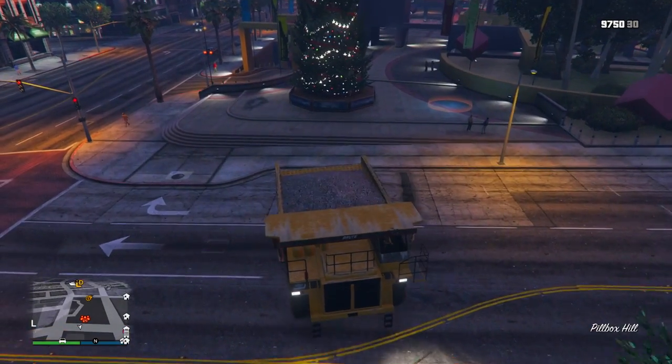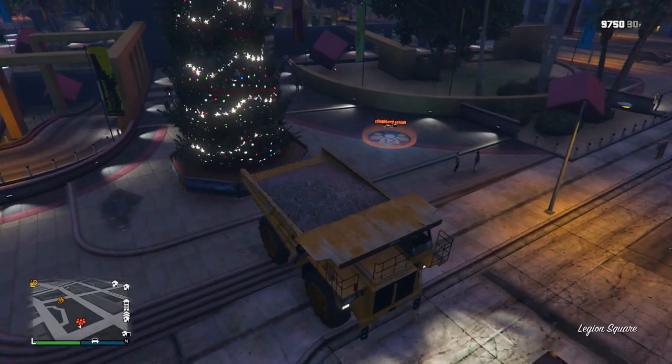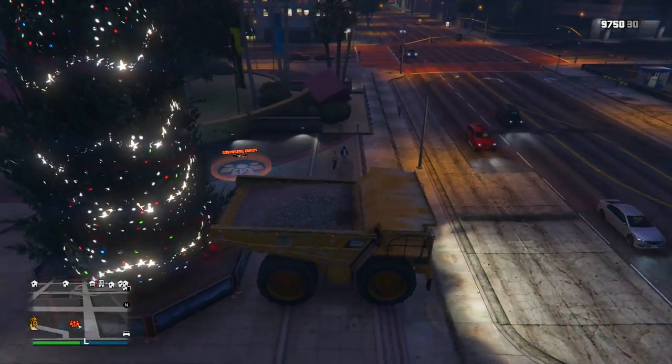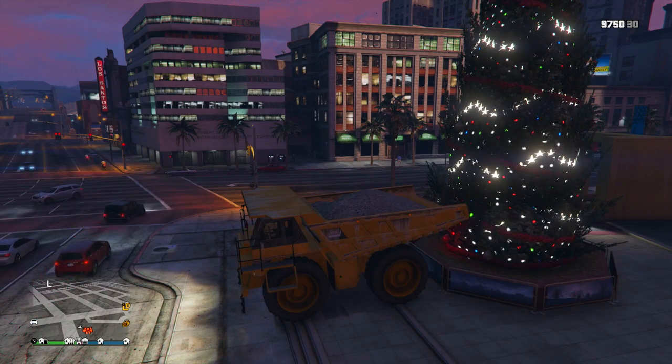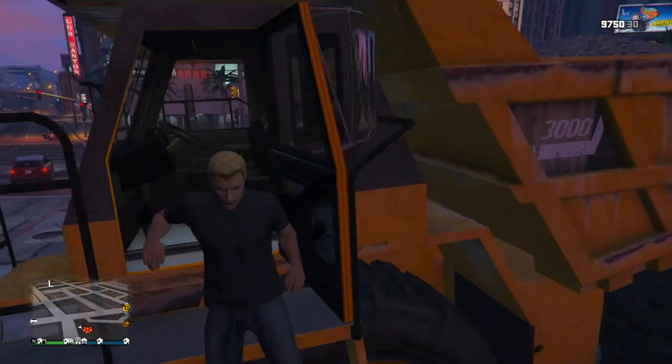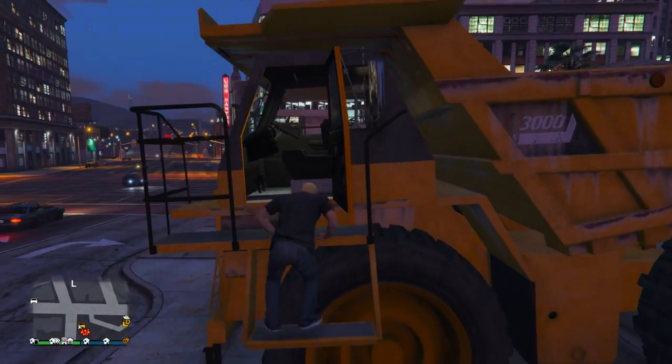All right, moving on, I'm going to show you guys two pretty cool glitches. The first of which actually has to do with the giant Christmas tree in Legion Square. What's actually cool about this is there's a launch glitch that can be tied to this. What it requires you to have is the giant dump truck. So go ahead and spawn that in and then just back it up to the Christmas tree,